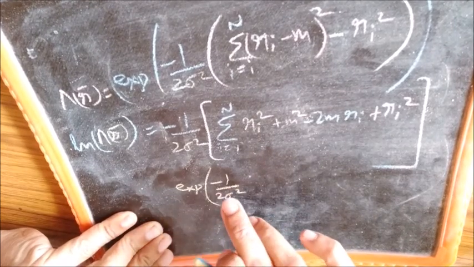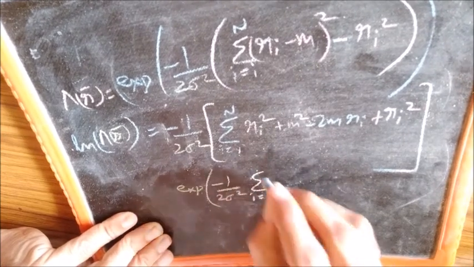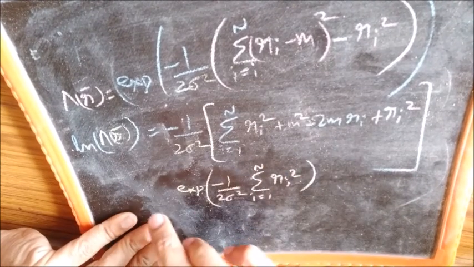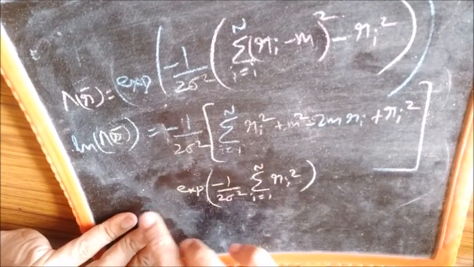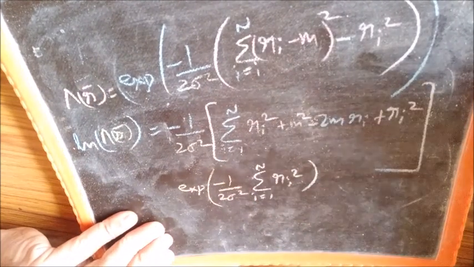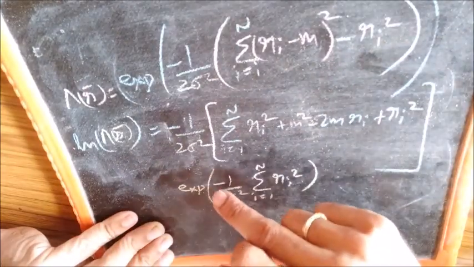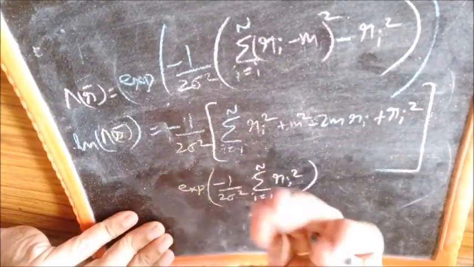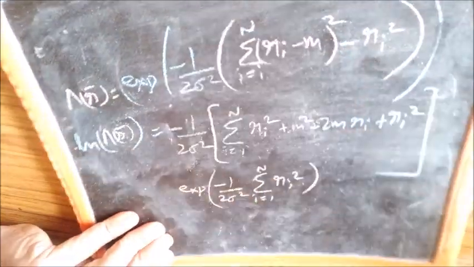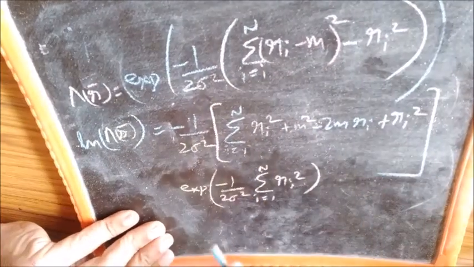So earlier I had this in the denominator, along with 1 by root of 2 pi sigma raised to n. 1 by root of 2 pi sigma raised to n got cancelled, and this was brought to the numerator. And when we brought this to the numerator, this sign will become plus, and since I have taken minus 1 by 2 sigma square common, this will be minus instead of plus. So earlier I had a plus there, that was a mistake.